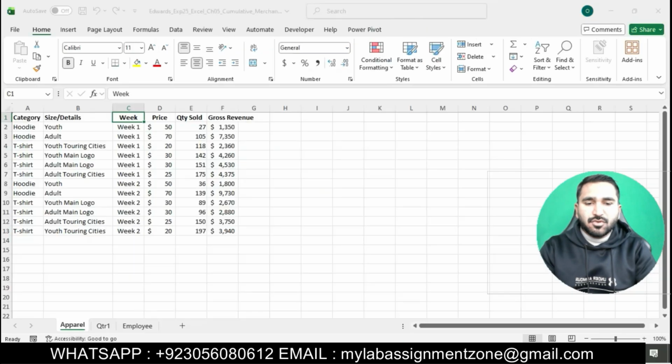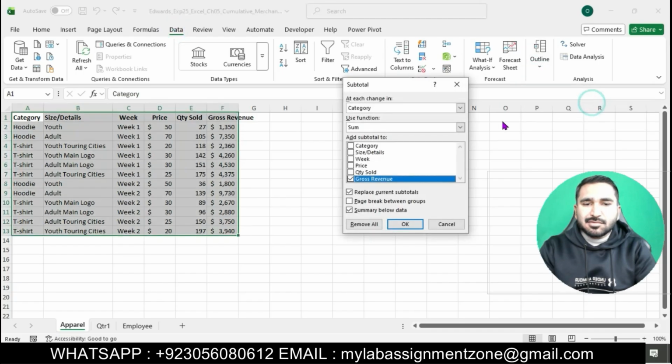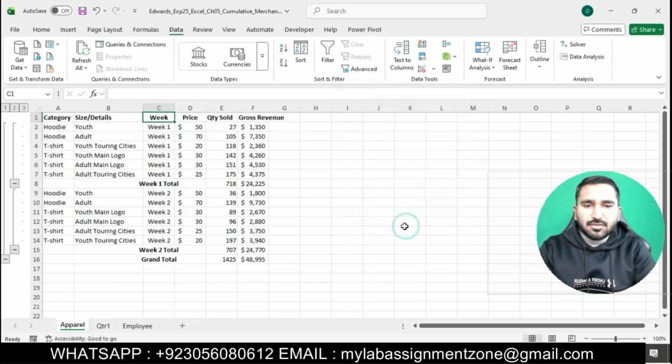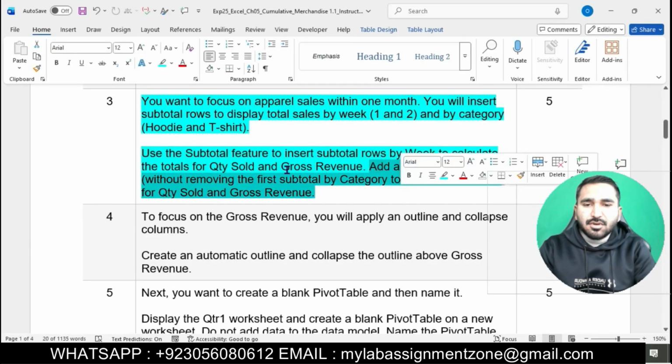We will move to our Excel workbook. Go to the Data tab. In the Outline group, click on Subtotal. We will select At each change in Week, and choose QTY Sold and Gross Revenue. Click on the OK button. Now add a second subtotal without